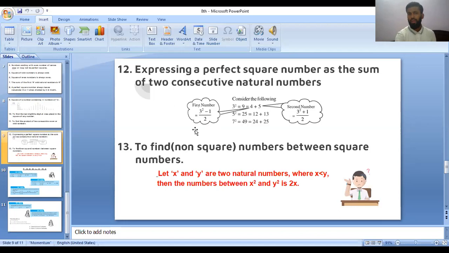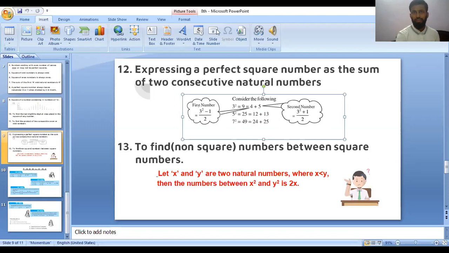दूसरा नंबर होगा 3 स्क्वायर प्लस 1 बाई 2। पहला नंबर 3 स्क्वायर माइनस 1 बाई 2, दूसरा नंबर 3 स्क्वायर प्लस 1 बाई 2, यानी कि 3 स्क्वायर इज 9, 9 माइनस 1 इज 8, 8 बाई 2 4, तो पहला नंबर 4। 3 स्क्वायर प्लस 1 बाई 2, 3 स्क्वायर इज 9 एंड प्लस 1, 9 प्लस 1 इज 10, 10 बाई 2 इज 5। इसका मतलब 3 स्क्वायर को हम ऐसे लिख सकते।